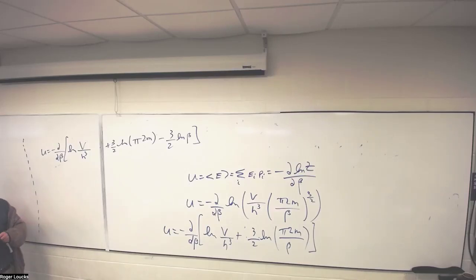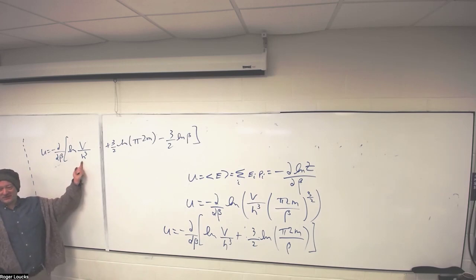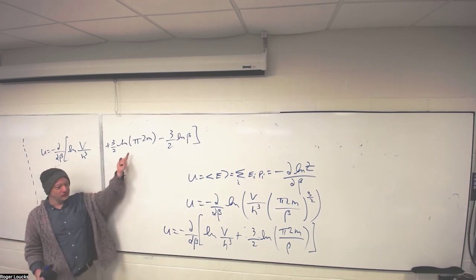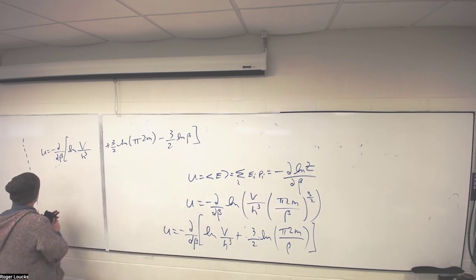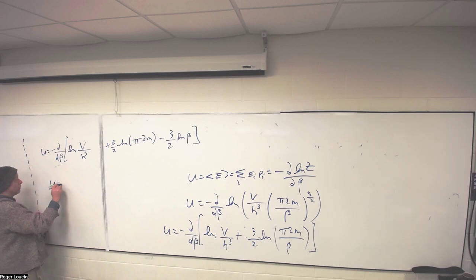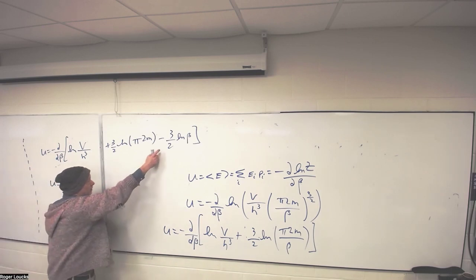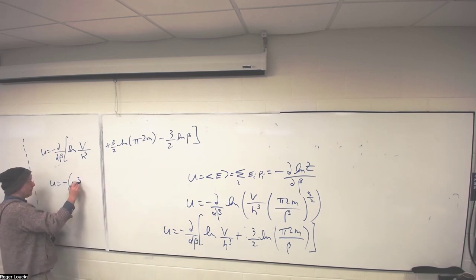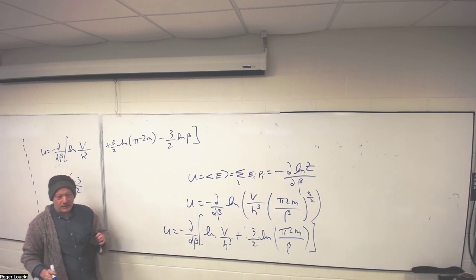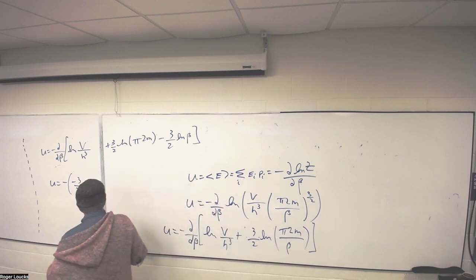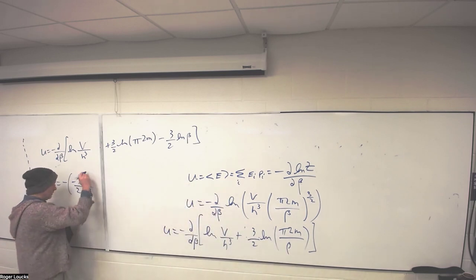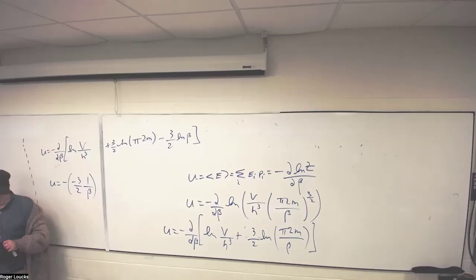Okay, now why is this really nice to take the derivative? Just like beta, a bunch of stuff is constant. This one is 0, this one is 0. What is the logarithm of this one here? So what am I left with? I get the log of this guy, so it's going to be minus 3/2. What's the derivative of the logarithm of beta with respect to beta? Yeah, it's going to be 1 over beta. So that's how much beta results.